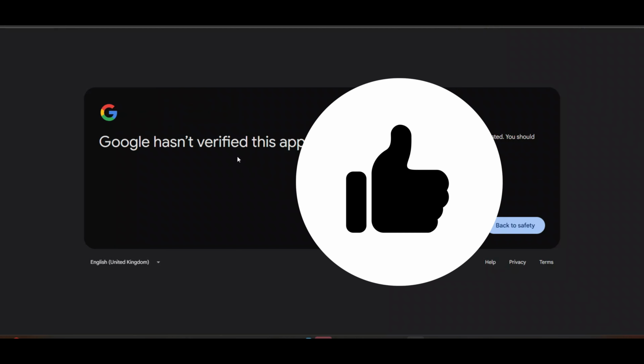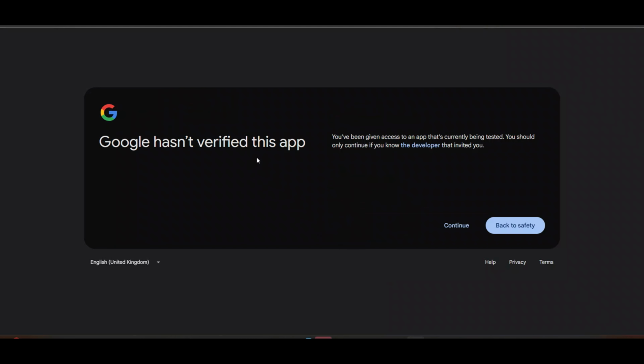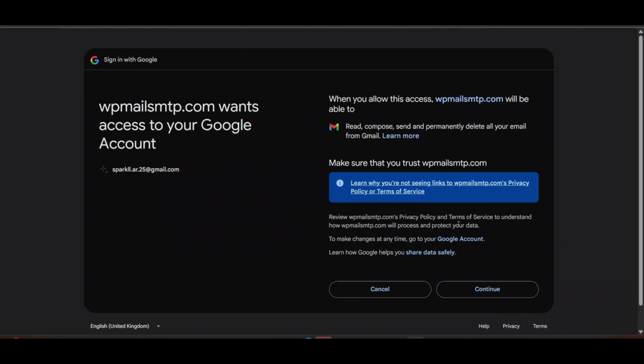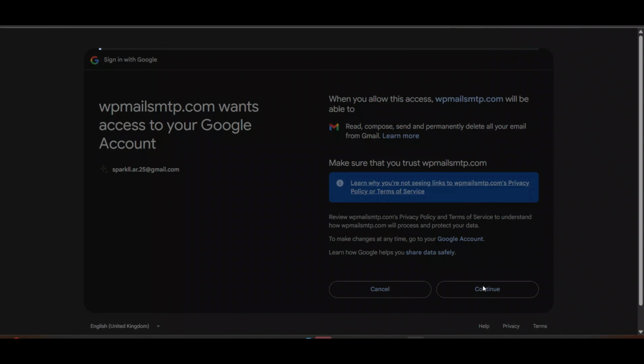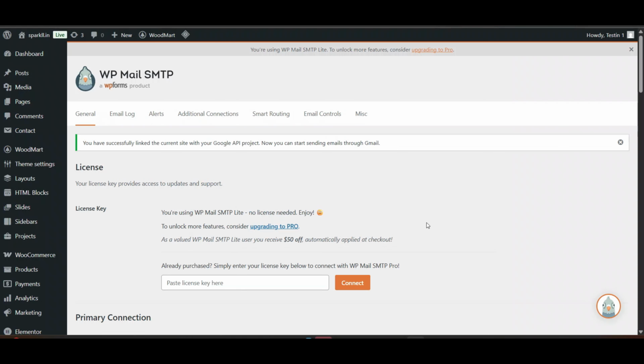Here, now you will see you need to allow it, then it will work. Click on continue, continue, allow access. Now your WP SMTP has been successfully set up. Now email can be sent easily and there will be no